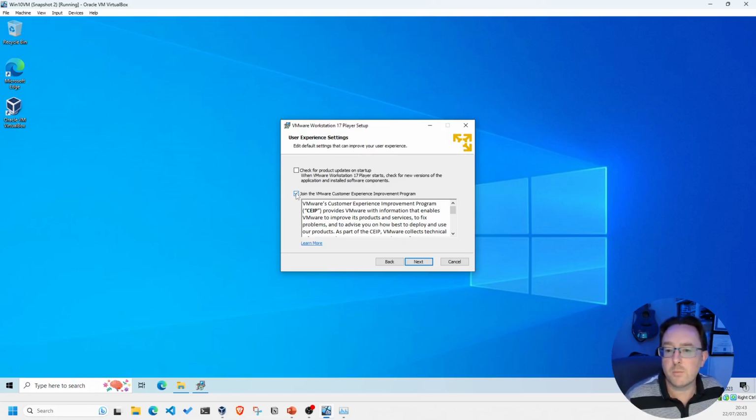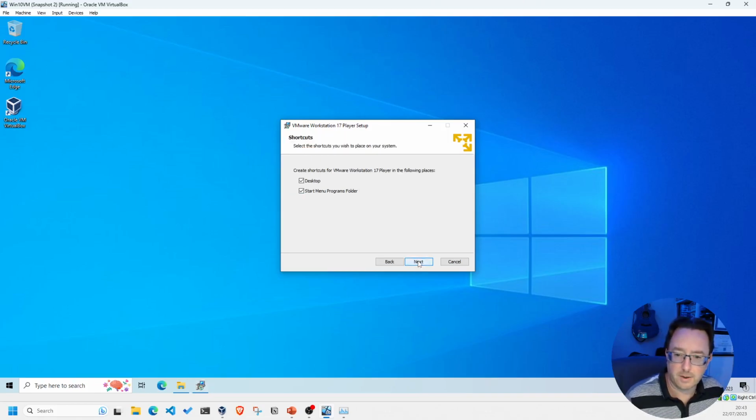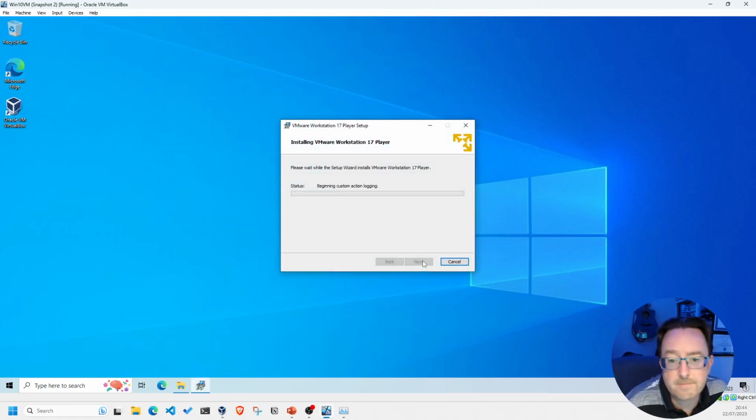Do you want to join the VMware Customer Experience Improvement Program? Certainly not. Right, next option, desktop, start menu, programs folder, icons. Yes, we want them. And then install. So, registry keys, installing all the new files. This again is really quick to install. Takes seconds,